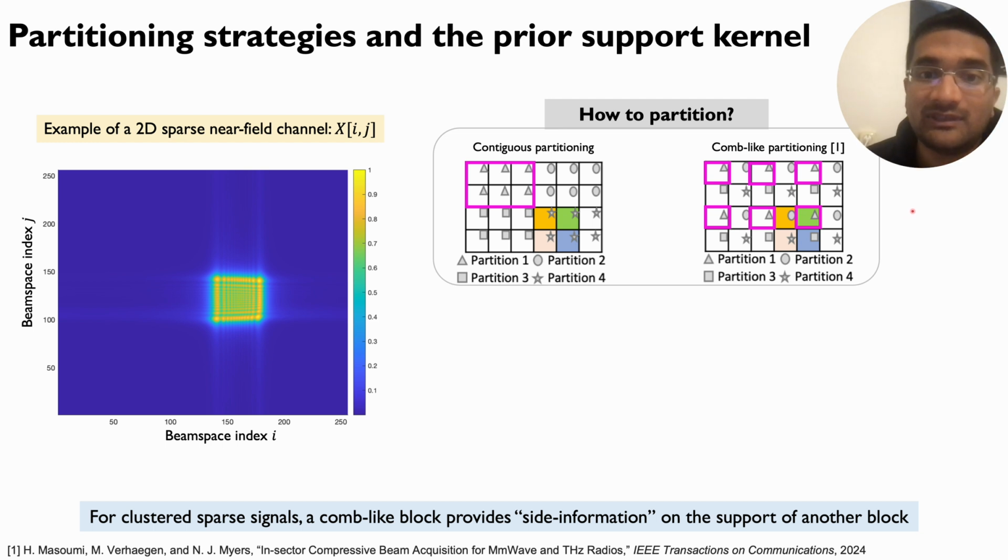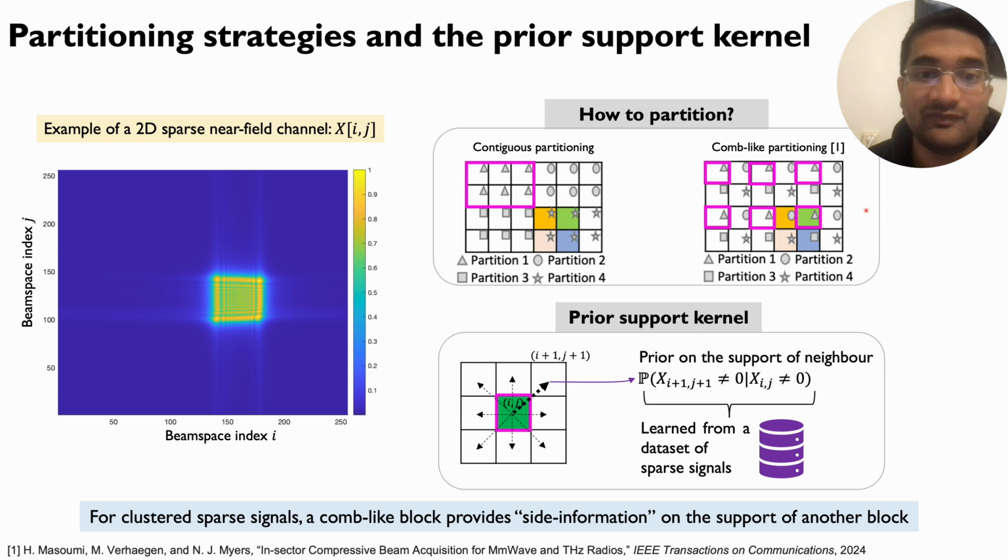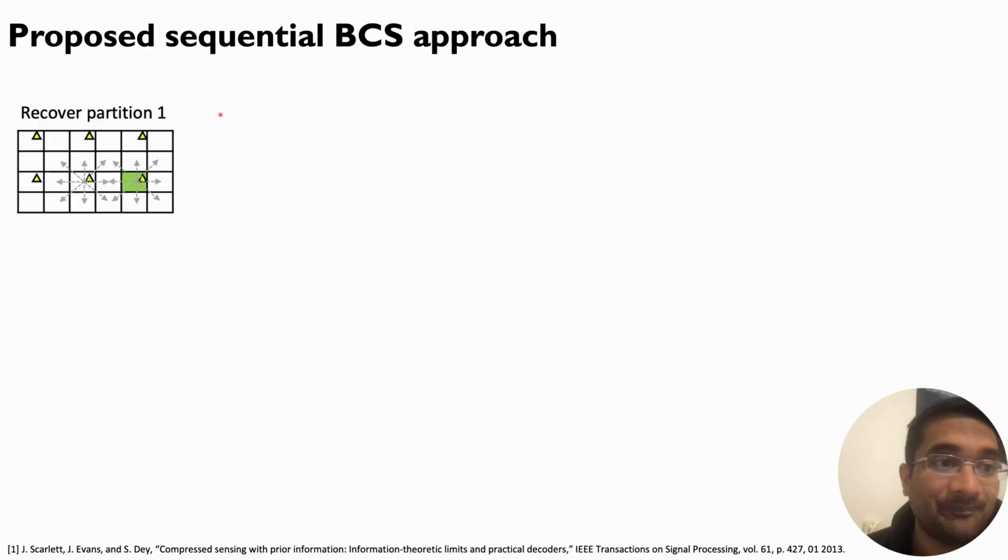Now, information about this green box, together with the knowledge that the signal has clustered sparse structure, gives us prior information on the support of the neighbors here. This prior information can be learned from the data set itself. That is, given that a particular coefficient is non-zero, what is the probability that its neighbor is non-zero? This is something that you can learn in a data set. So in this work, we make use of knowledge about the support correlation kernel together with the block compressed sensing